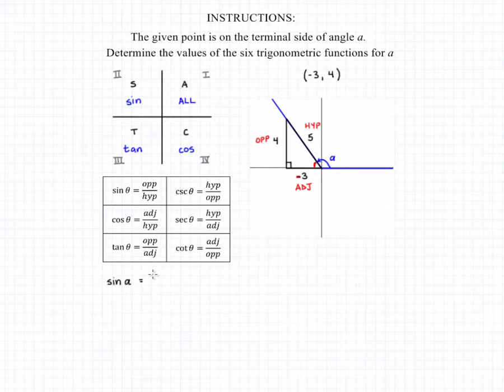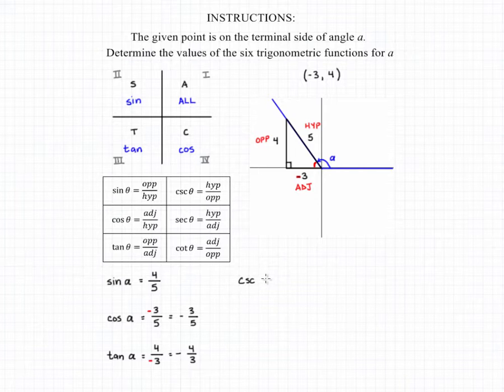So the sine of A, in this case, is going to be opposite over hypotenuse, or 4 over 5. The cosine of A is going to be the adjacent over hypotenuse, which would be 3 over 5, but we have to remember to include that negative sign, and that's going to keep that accurate because cosine is negative in the second quadrant. Tangent is going to be opposite over adjacent, which is going to be 4 over that -3. And from here, we can simplify those out to -3 over 5 and -4 over 3,